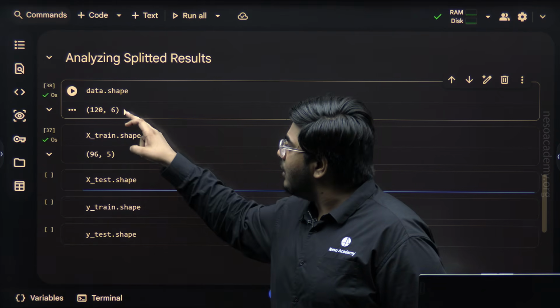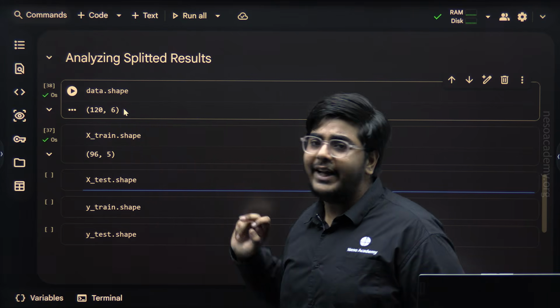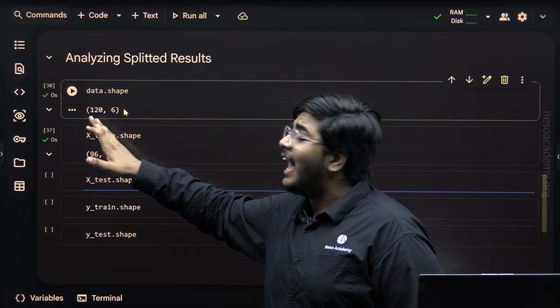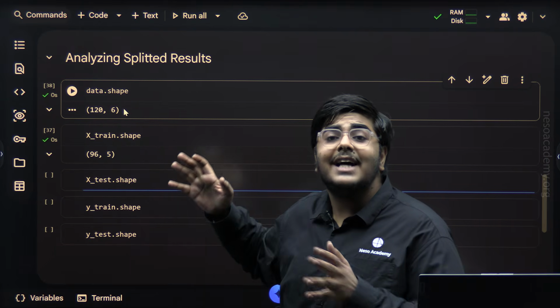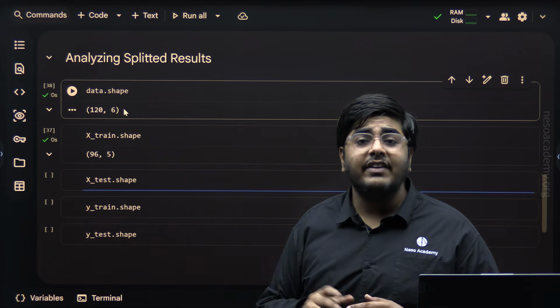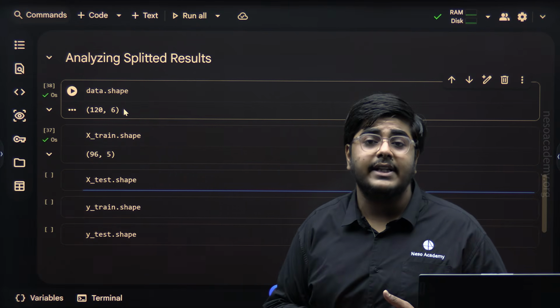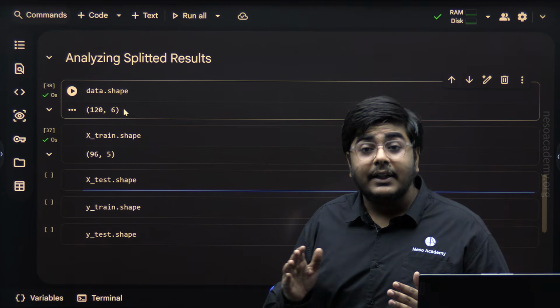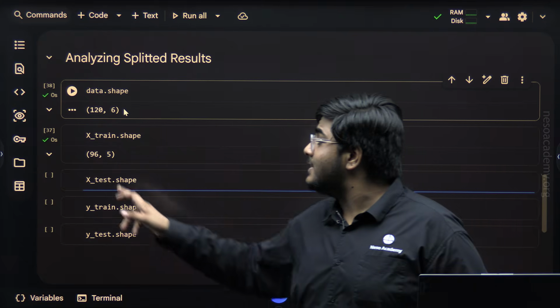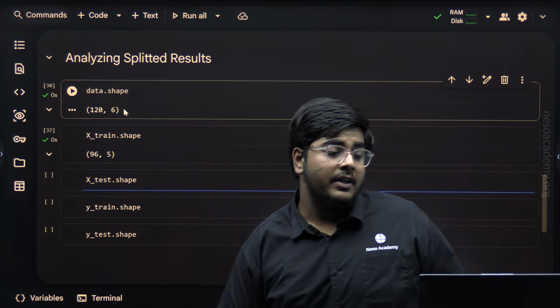And why is the number of columns reduced from 6 to 5? Because in this data frame, that is data, we have all the columns, features as well as labels. But in xtrain, we do not have the column containing the price USD, that is the label column. That is why 6 is reduced to 5 and we get shape 96,5.